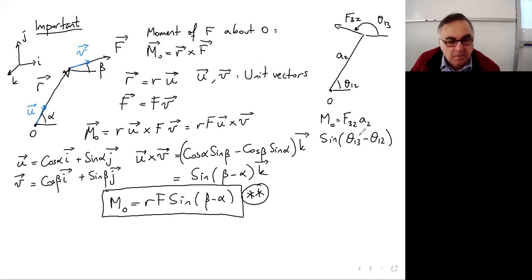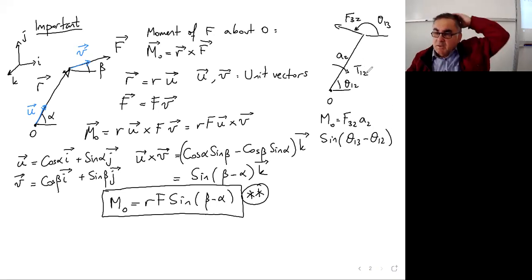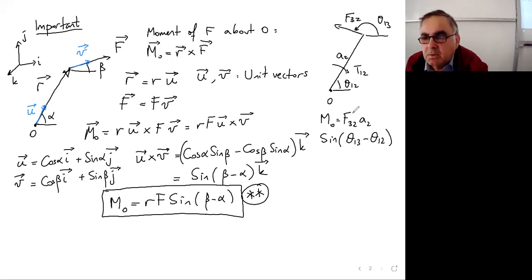Right? And this is equal to T12, as you know. This has to be, because this force has to be counteracted by T12. Okay. Well, maybe I should say minus T12 is equal to 0. Okay. This is the moment of this force. So T12 therefore is equal to